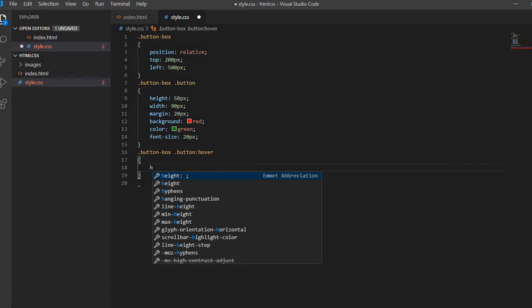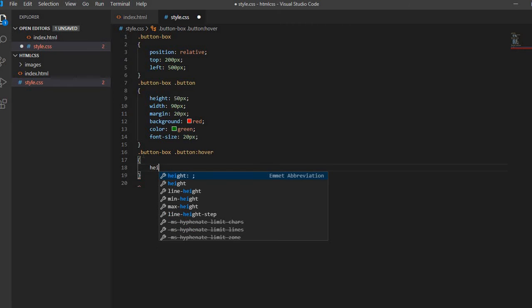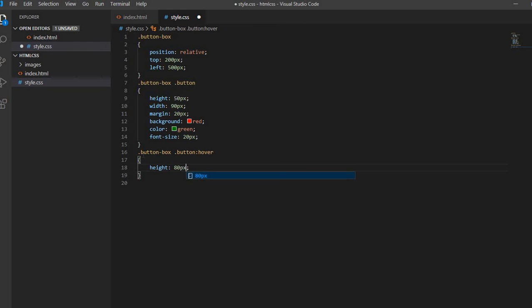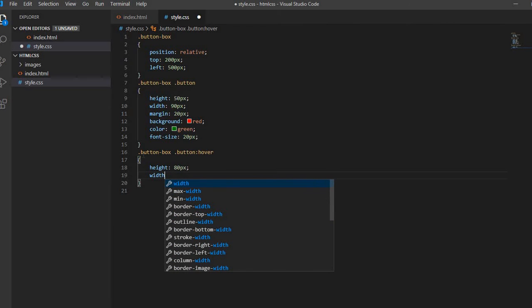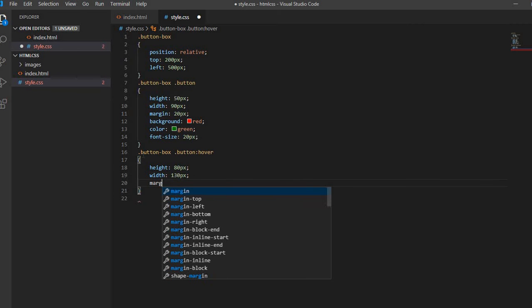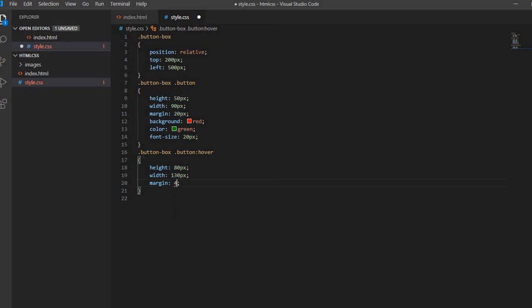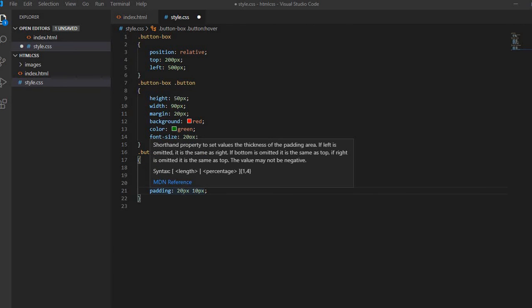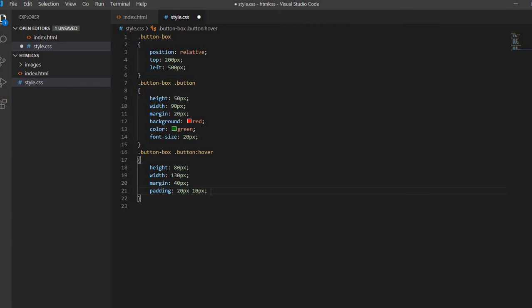Now when we hover on a button, we set its height to 80 pixel, width 130 pixel, margin 40 pixel, padding 20 pixel and 10 pixel. The padding 20 pixel is from top and bottom and 10 pixel is from left and right. So we will set the cursor to pointer.